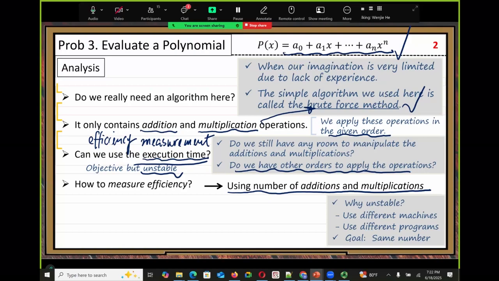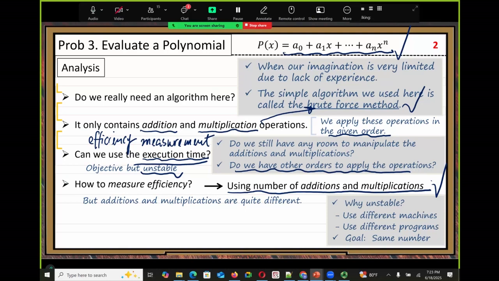When you write a program in an efficient way or an inefficient way, you need to do the same number of additions and multiplications. So this way, you will get an objective and stable efficiency measure. That's a much better measure than the execution time. So after we understand this efficiency measurement concept,